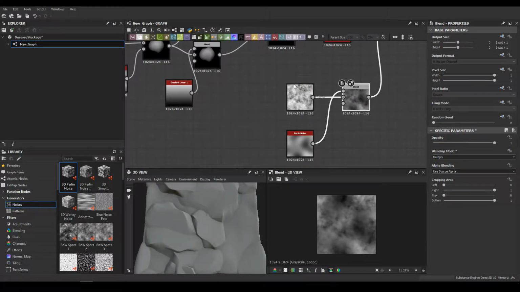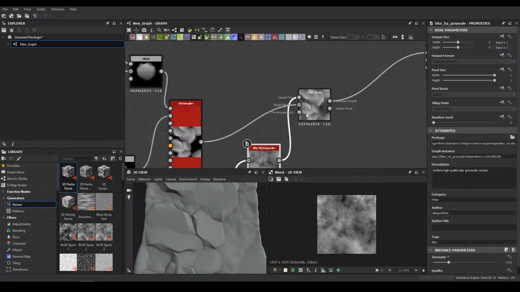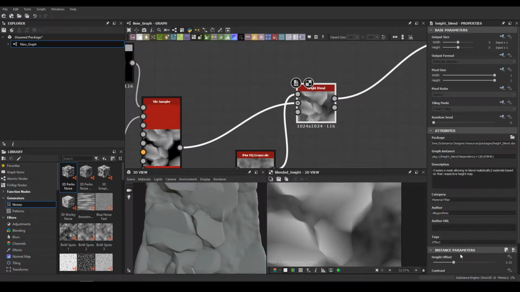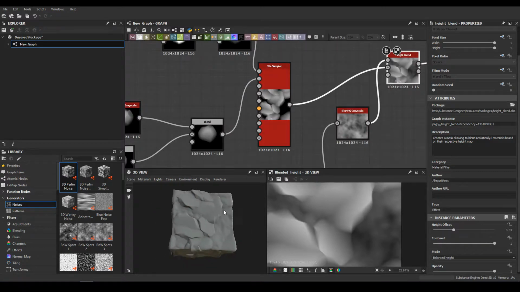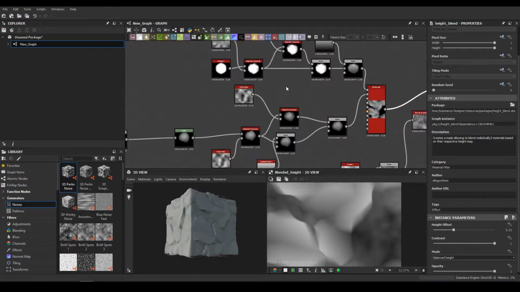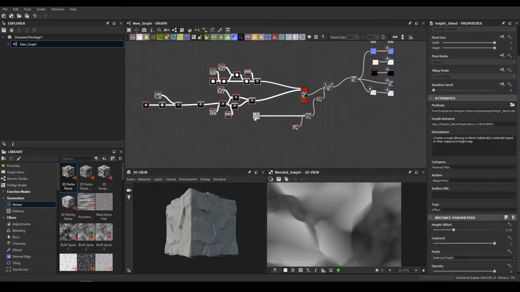We'll multiply the clouds with a Perlin noise. Let me disable a little bit this blur right here. We'll move all of this